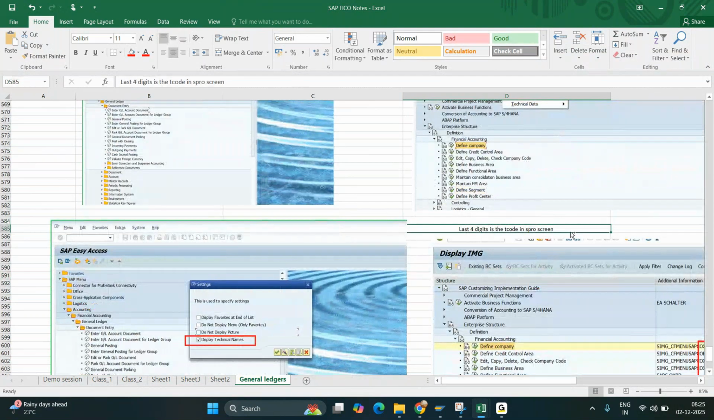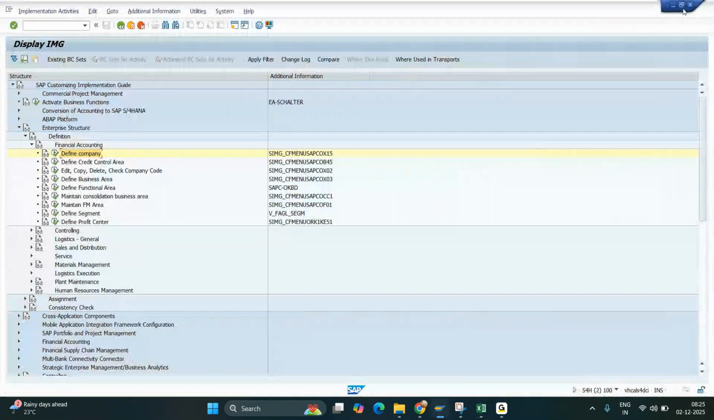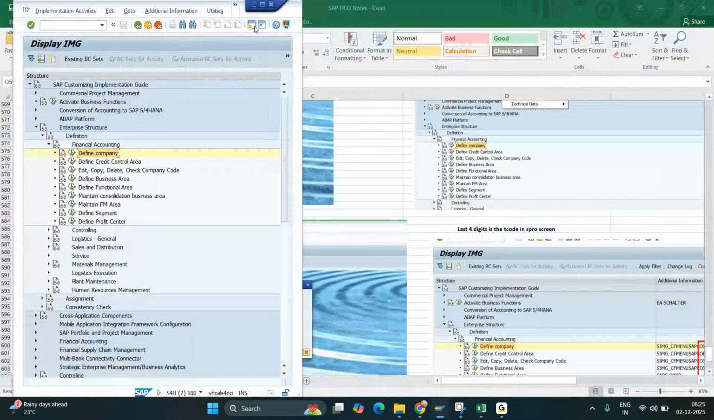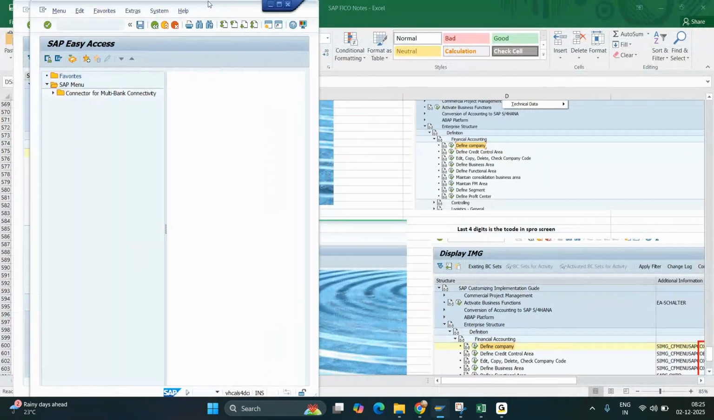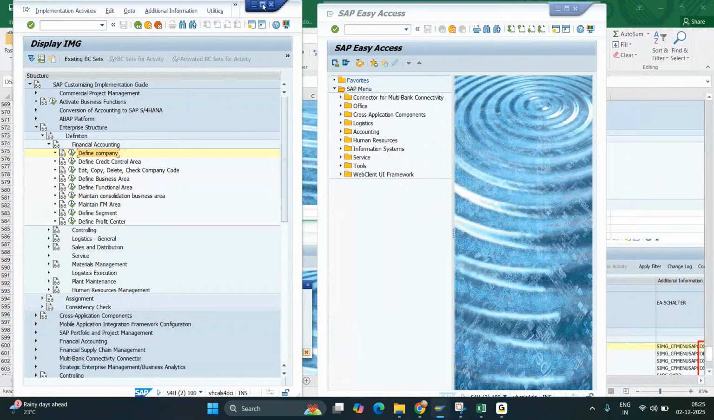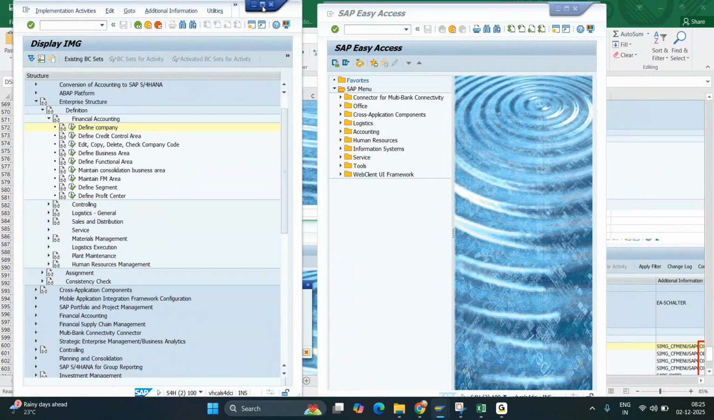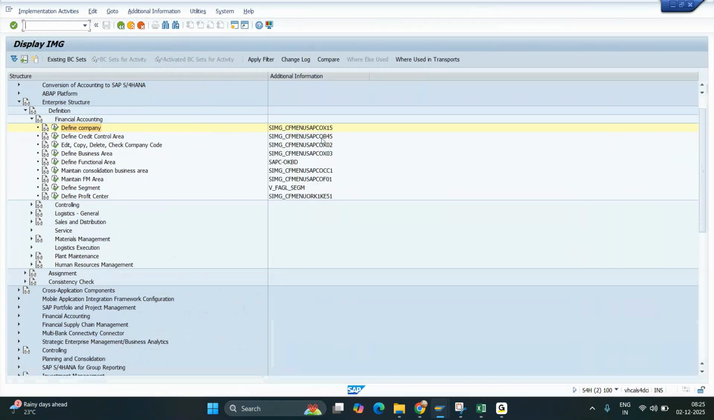So the last four digits is the T code in the SPRO screen. Let me show you how it works. So here if you see define company code, what transaction code do we have here? Okay, here you have